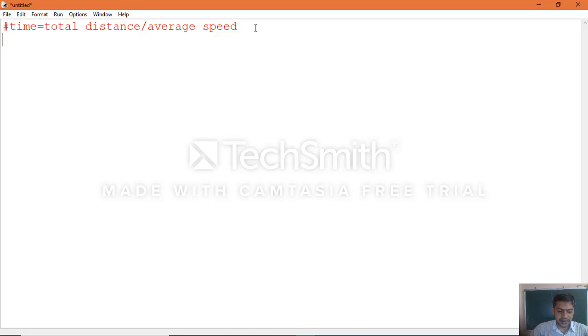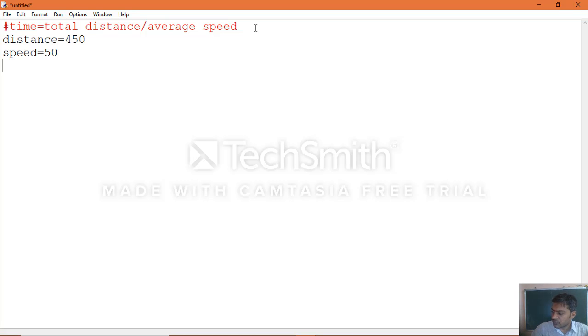Now we'll make it an example. So distance, which is given, 450 kilometers, and speed equal to, so we can read the input or we can take it as, for example, 50.